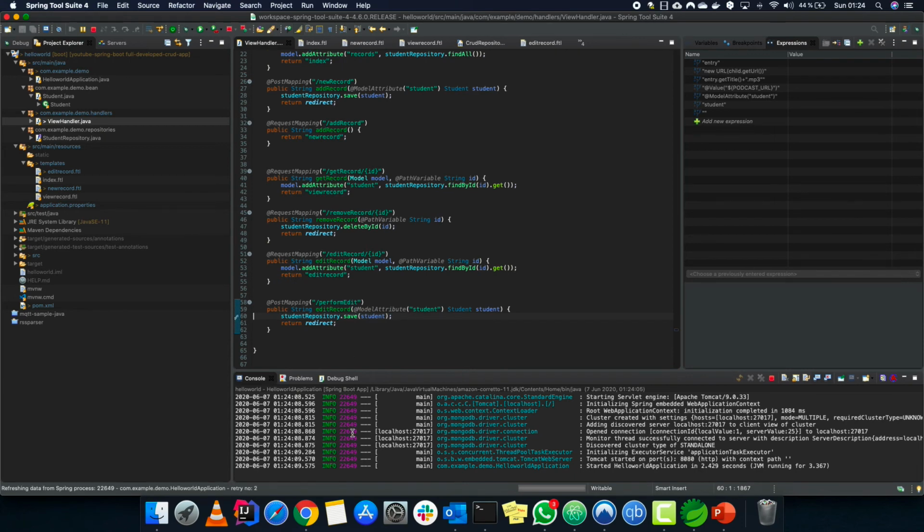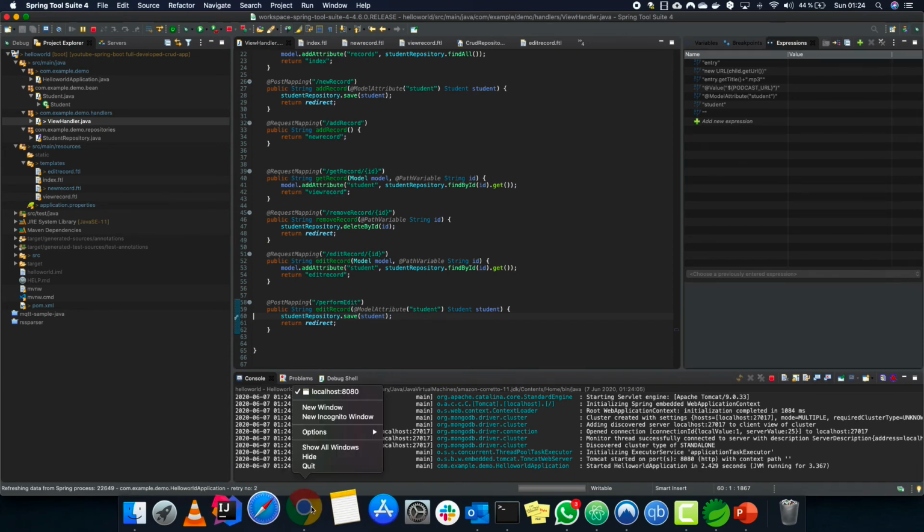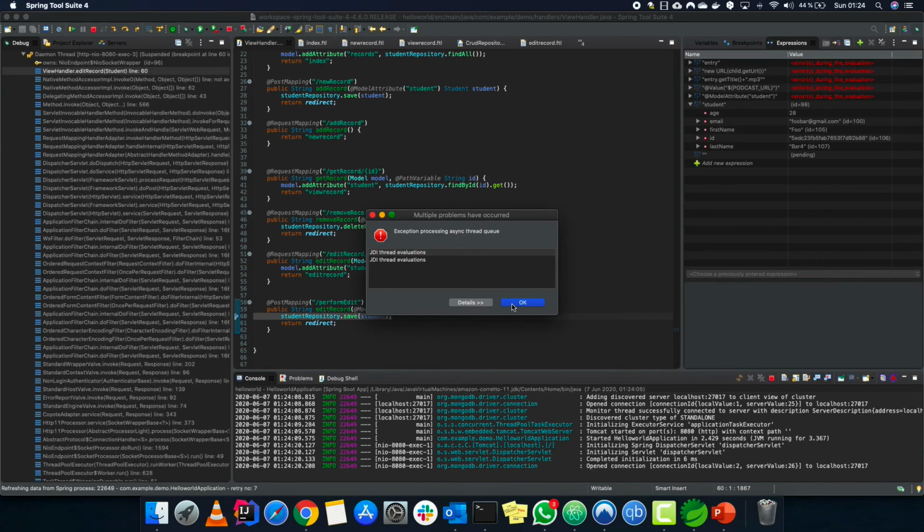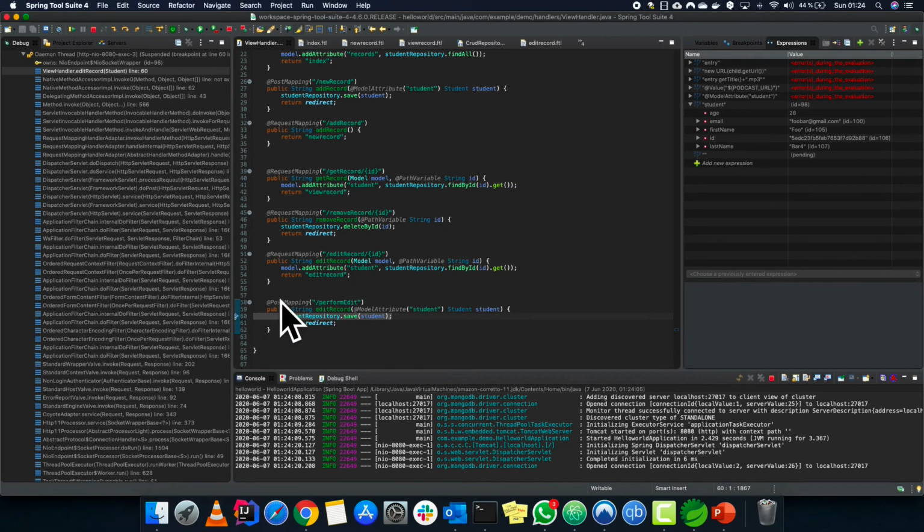Once we click the edit, we provide those values, foo something something, and we say edit record. Once we click the edit record, you see our program has halted. Now we can see what is there in the student.